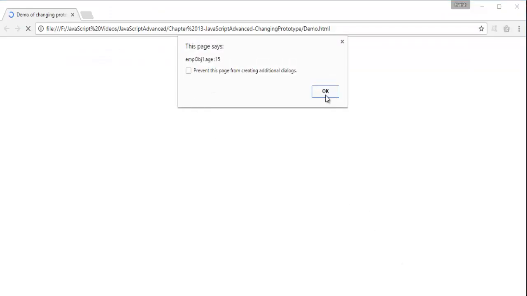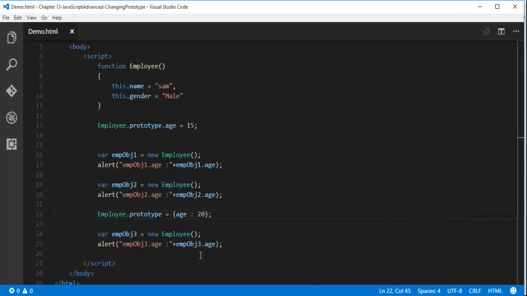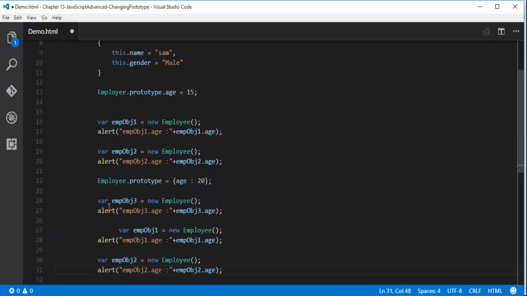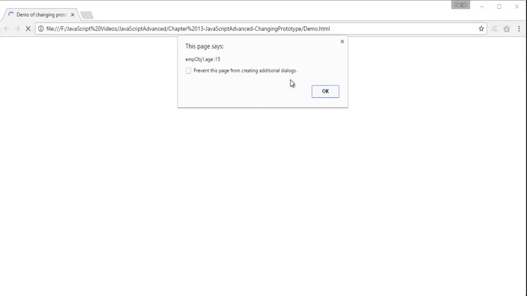Here you have employee object 1 age 15 and it's 15, and here the value is changed to 20. Now let me cross verify whether the employee object 1 age property's value has changed or not. So how do I do it? I need to call this after this. Now when I cross check, let me refresh. Employee object 1 is 15 and 2 is 15 and employee object 3 age is 20, and again you can observe very clearly here that the employee object 1 age is changed to 20 and here it's changed to 20, and